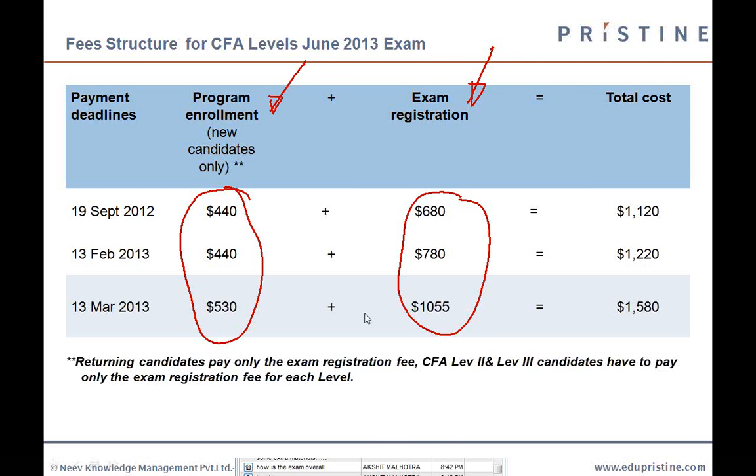CFA is meant for a career in financial asset management. So it's a very specific course meant for people who want to become asset managers. So first ask yourself, okay, 10 years down the line, what do you see yourself? If you think you want to become a portfolio manager, or an alternative asset manager, then CFA is definitely the course that you want to pursue.